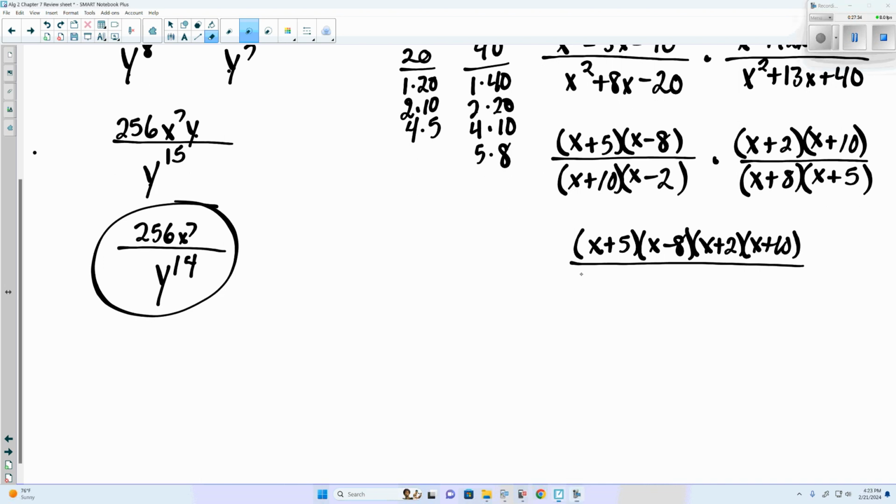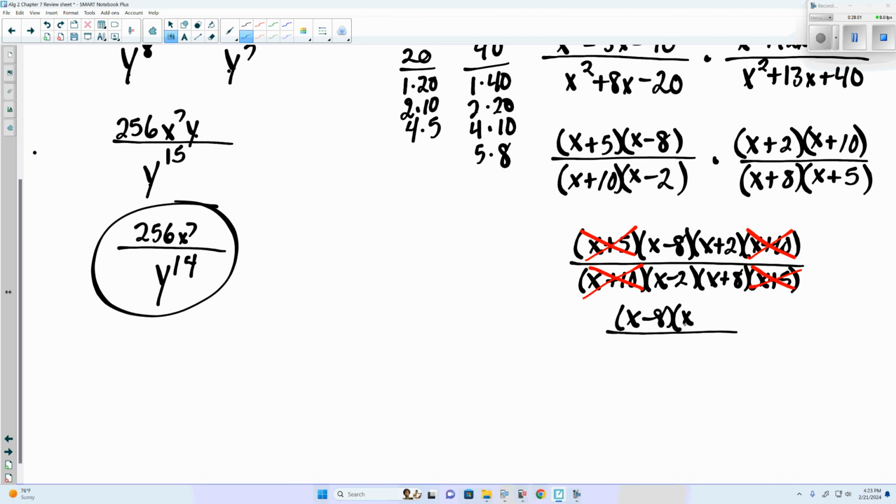Now the denominator, x plus 10 times x minus 2 times x plus 8 times x plus 5. Multiply them all together. Now since they're being multiplied, we can cancel out what's in common on top and bottom. X plus 5, x plus 5. X plus 10, x plus 10. And what that leaves us with is x minus 8 times x plus 2 over x plus 8 times x